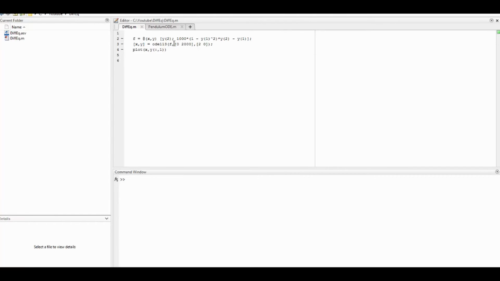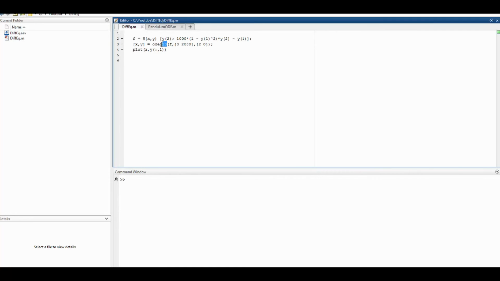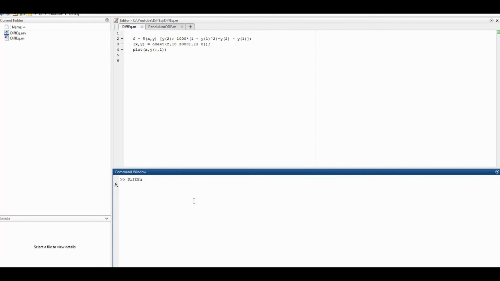So here we have a very stiff problem. It's actually a second order differential equation, and in the next video I'm going to explain how to use Matlab to solve higher order differential equations. But for now, let's see how ODE45 performs. It has been trying to solve for at least 5 minutes. I'm going to stop and